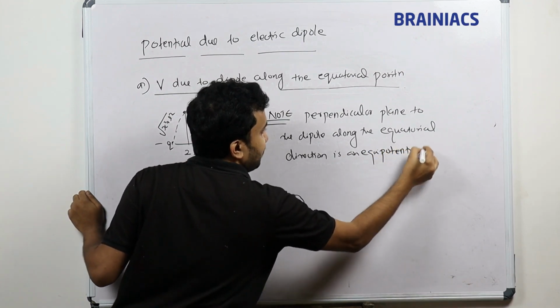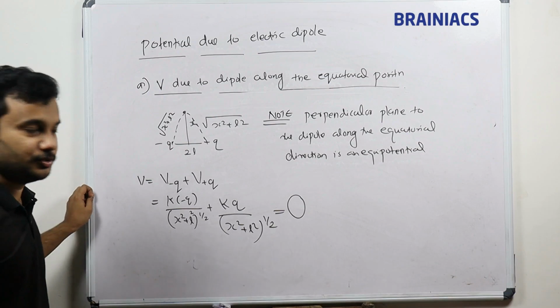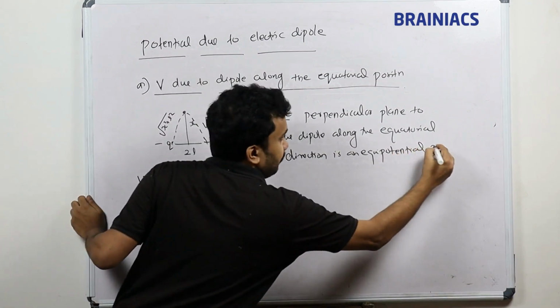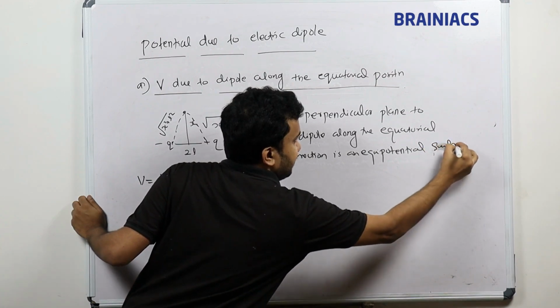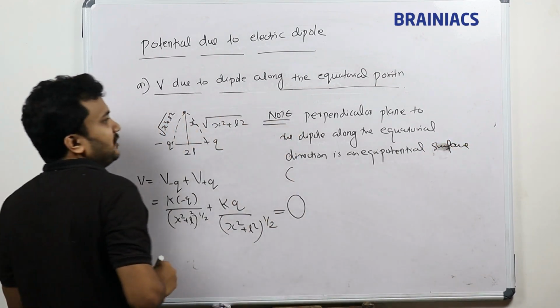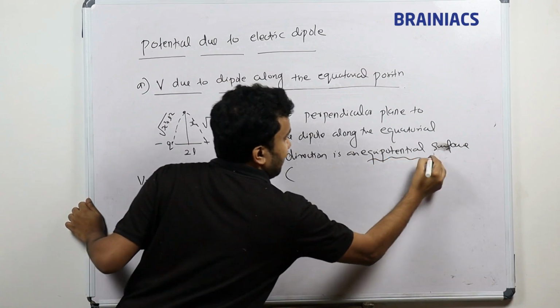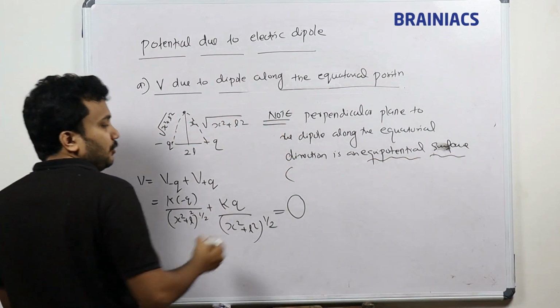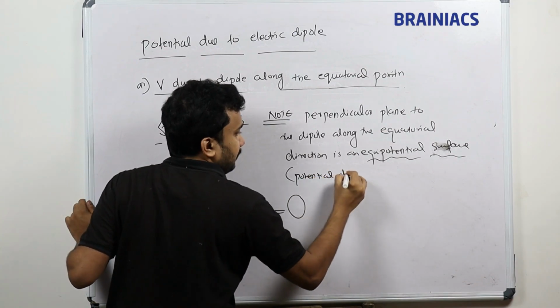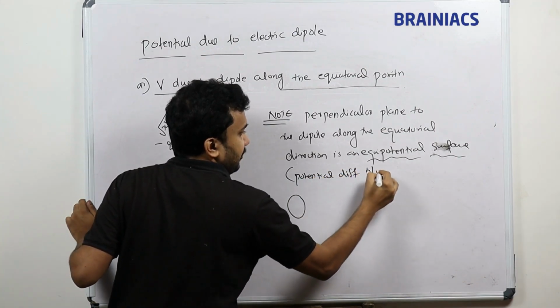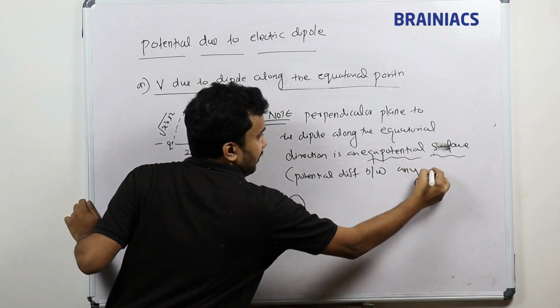Equipotential means equal potential. So the difference in potential is equal to 0. What is the meaning of this equipotential? Equipotential means the potential difference between any 2 points